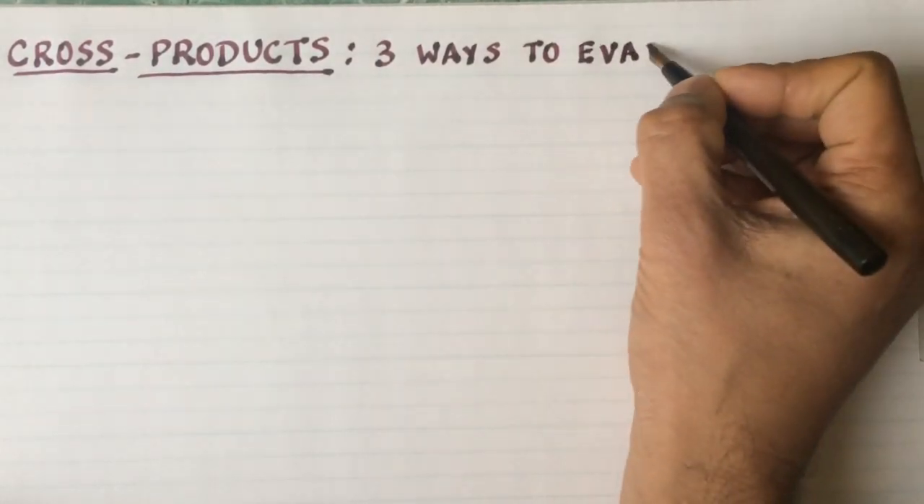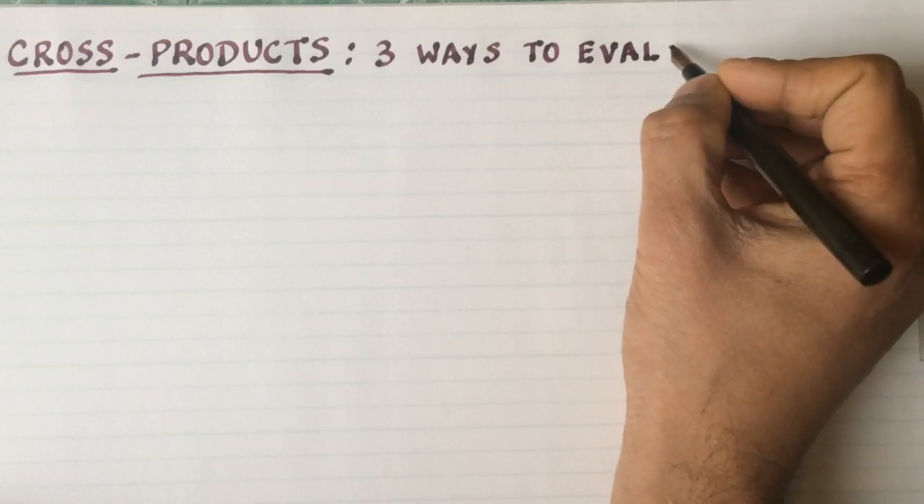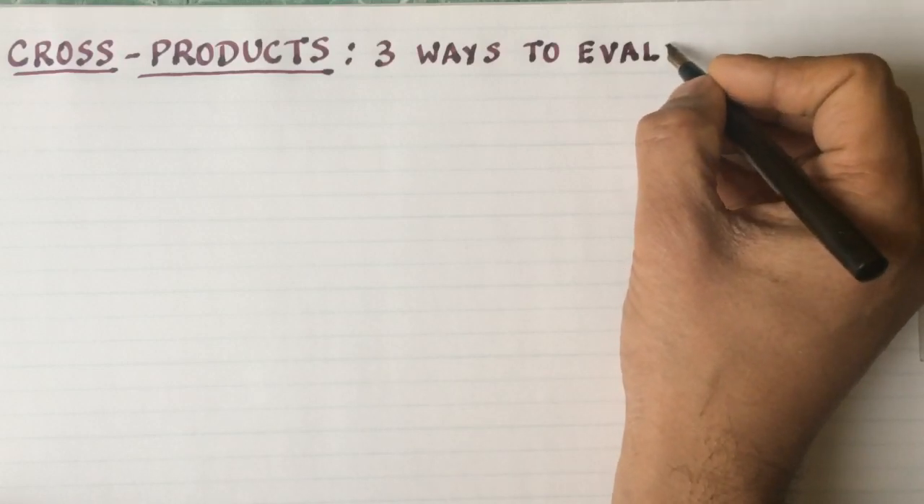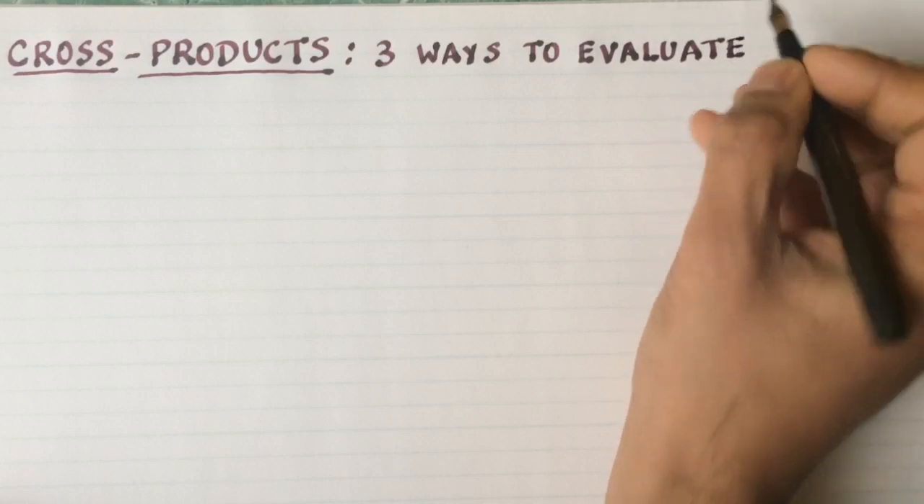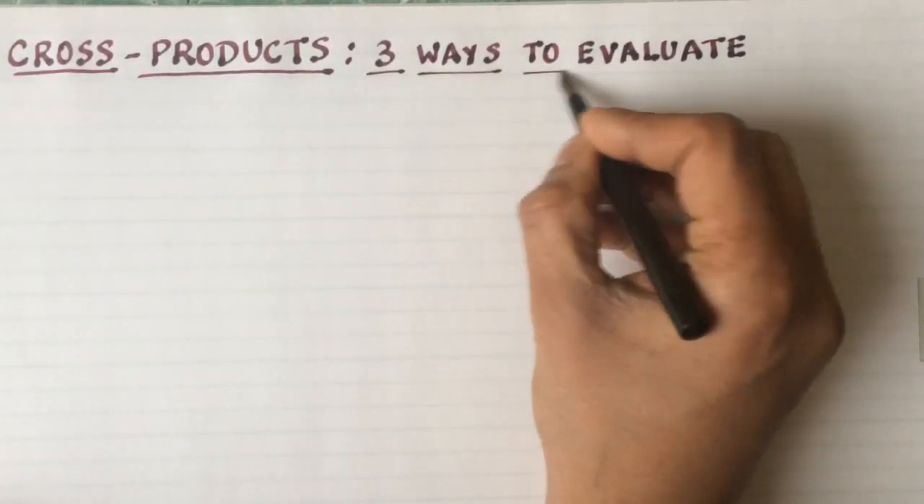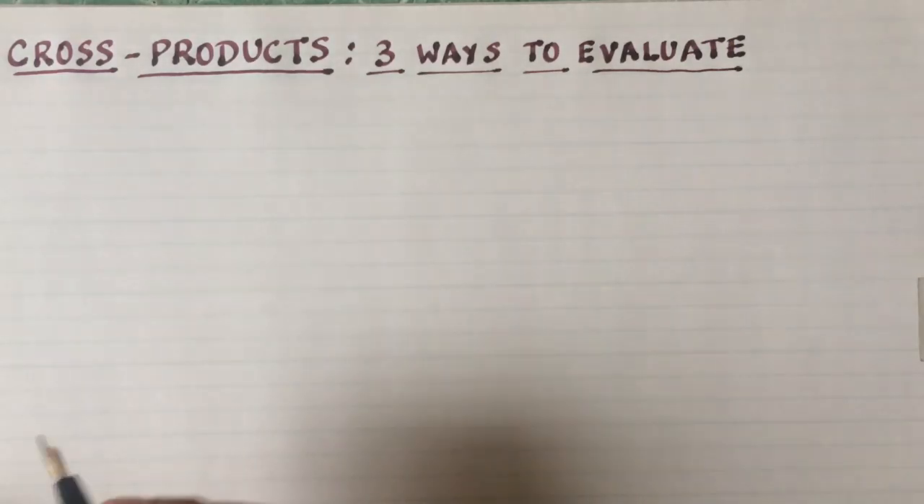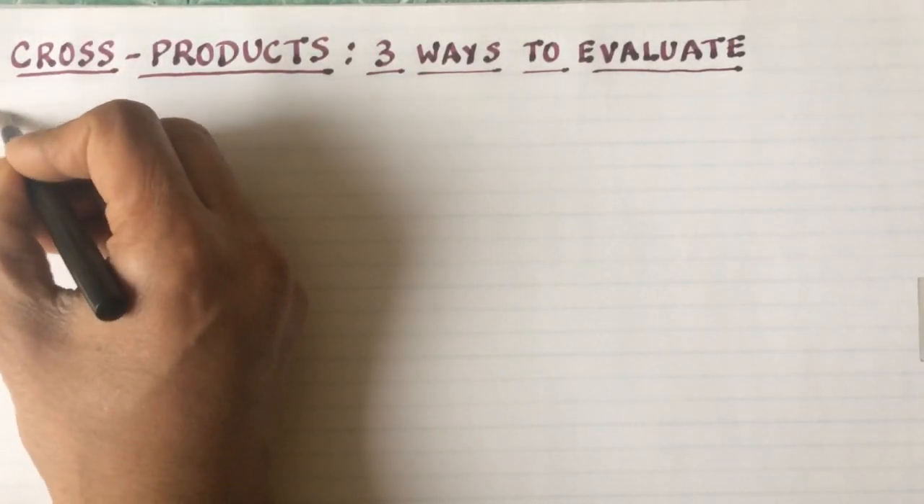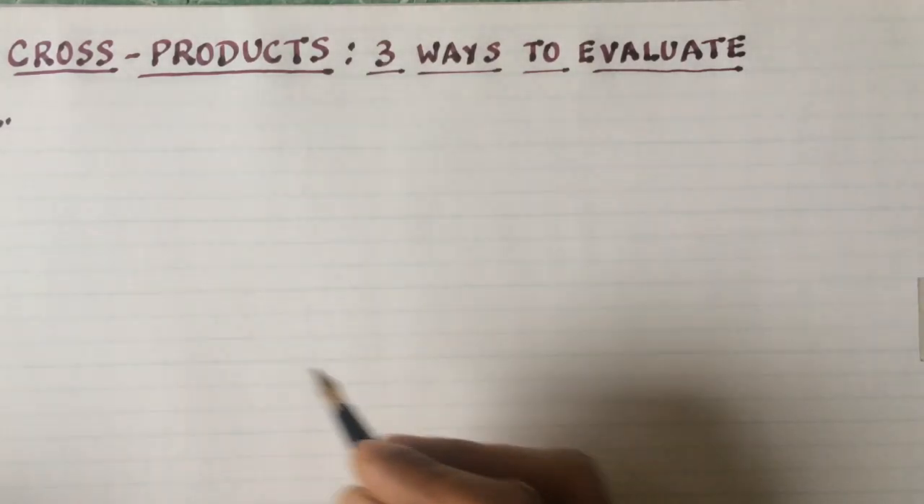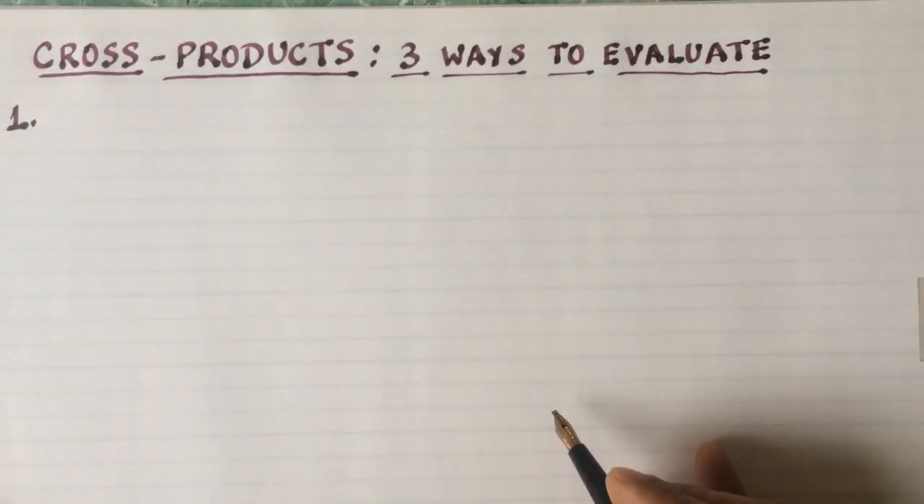Now each of these ways of evaluating the cross product has its strengths and weaknesses, and I'll also explain some of those as I go along. So the primary method of evaluating cross products for basic physics